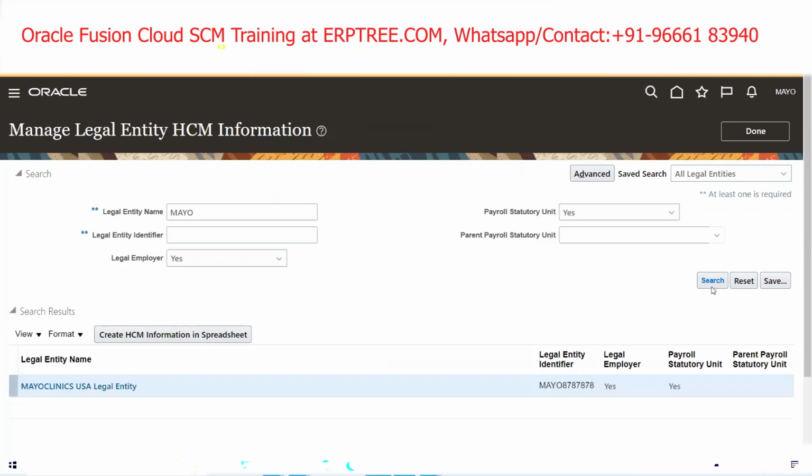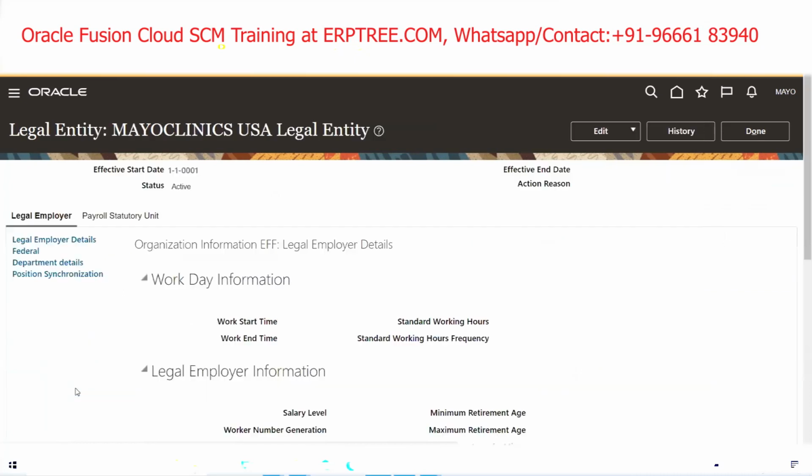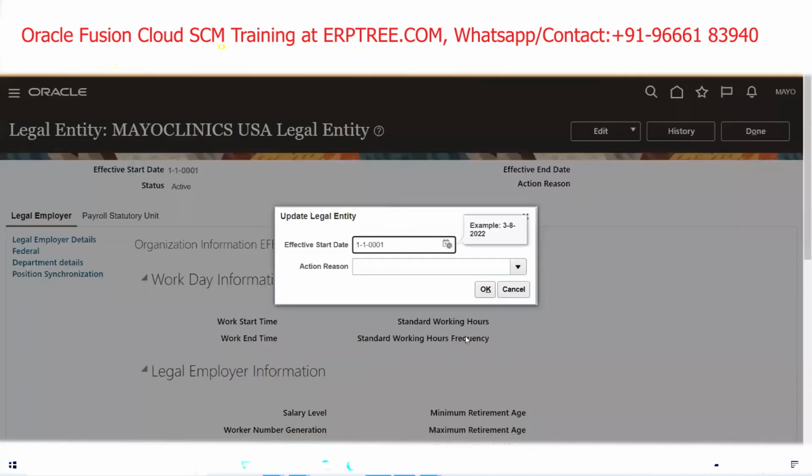Find our legal entity. Click on legal entity name, and click on edit. Select update. What is the reason we are updating? No reason. Say okay. Click on edit, select update. The update reason you don't need to specify anything. Simply you can click on